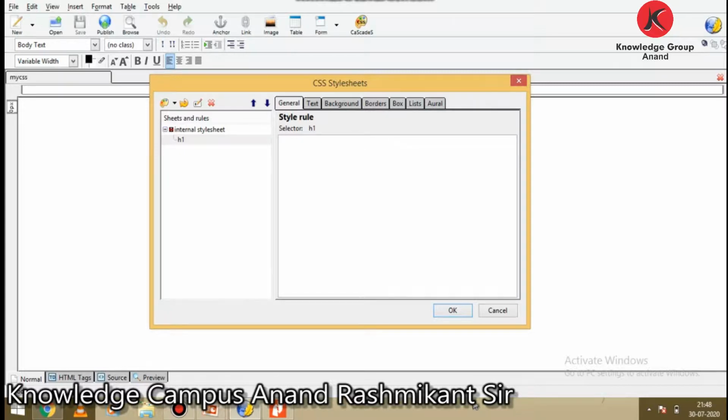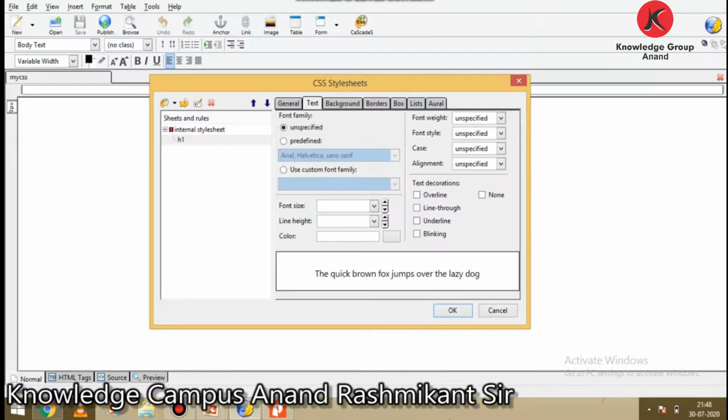First select H1 in the left pane of the window and click the text tab. This shows the various style options: font size, font family, line height, colors, font weight, style, case, alignment.